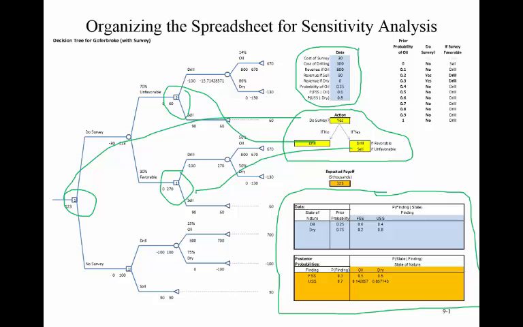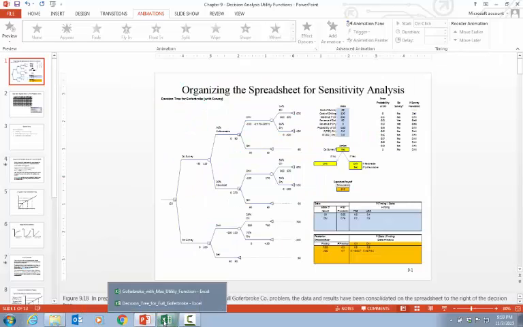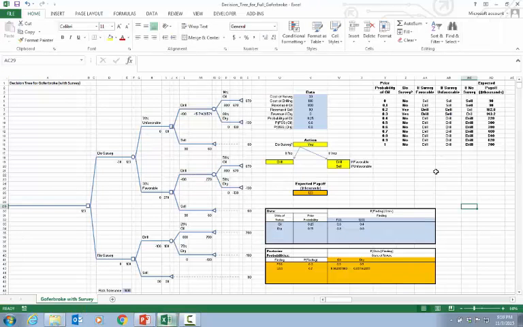Now let me shell out to the spreadsheet. We'll go to the full go for broke, and here's the tree. I'll point out one thing. I think when they use the Risk Solver platform for Excel, they use a particular function that's created in that macro. For me, it was giving a name error on column AD, and it was giving a name error on